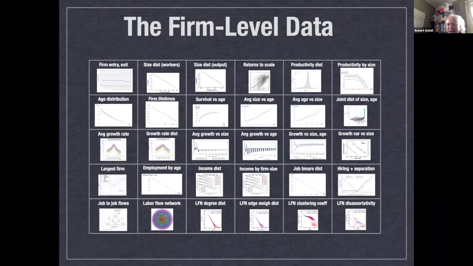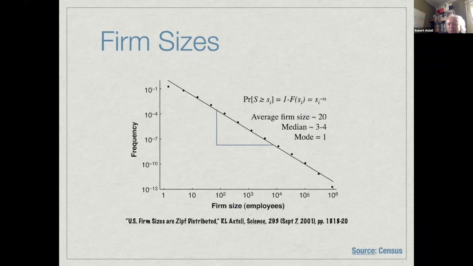So when you get up to the level of having, in this case, 6 million firms with 100 million workers, there are basically gross patterns in the data. I'm just going to show you a couple of them, if you haven't seen them before. Okay, so firm sizes. Basically, in the US, there's one firm with 1 million employees, and there are progressively larger numbers of progressively smaller firms down to the modal firm size, which is 1 employee. So there's a smooth distribution that mediates between the Walmart with 1 million employees and 1 million firms with 1 employee. And I reported on this many years ago in a paper in Science magazine.